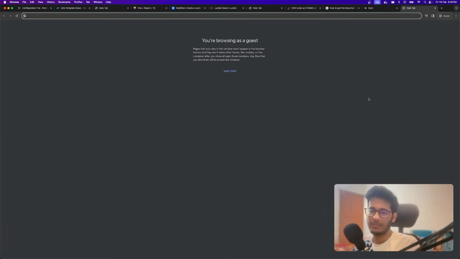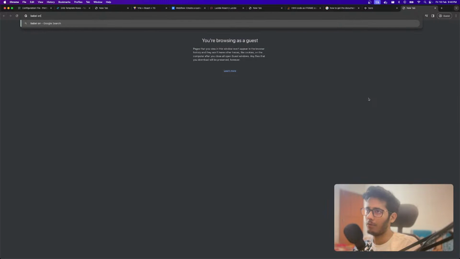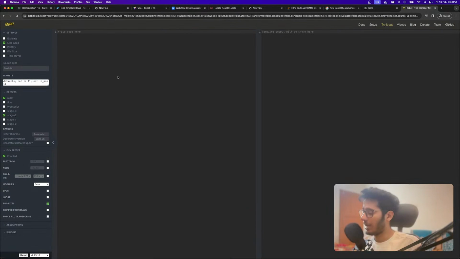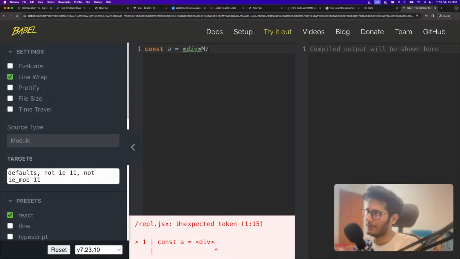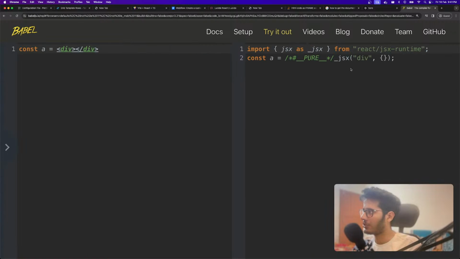Okay, if you guys are a little bit interested in how React actually works, I would say just go to the Babel online compiler. If I go to the Babel compiler, I can show you how React is working. See, this is very interesting. If I write const a equals div, and do something like this in JavaScript, what it is actually doing is